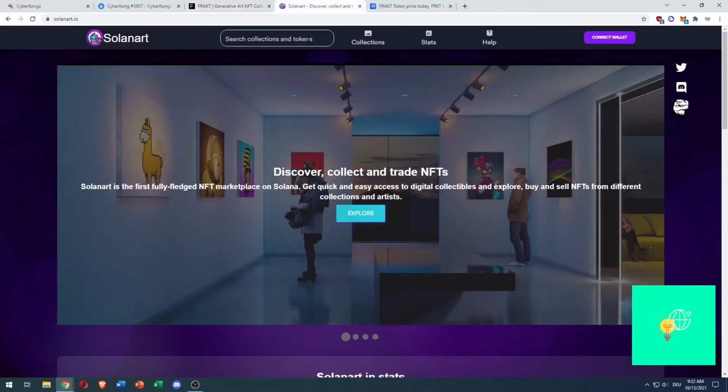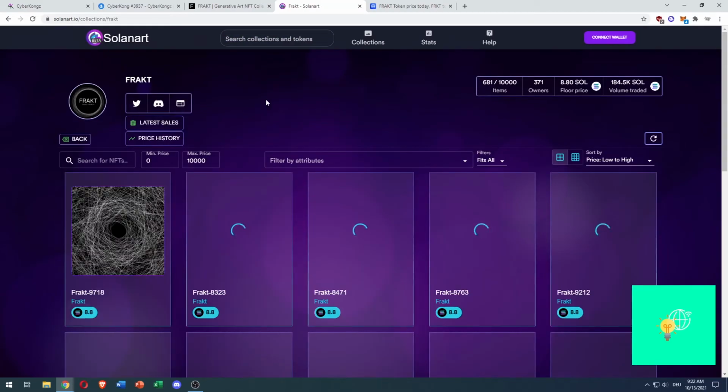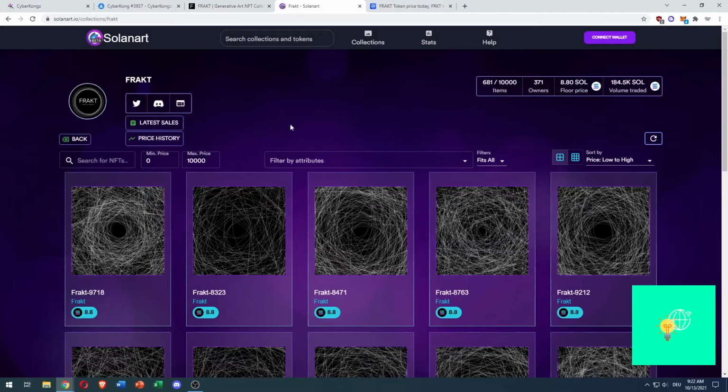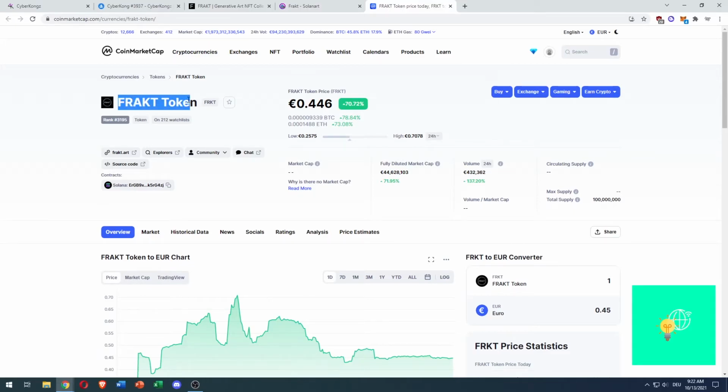The lowest one, which we can go over to Solana, these will cost you 8.8 Solana, which is the floor price, this one. And all these nets, they're called nets, as you can see, shape net. These are color white. These are the ones that are most abundant. So these give you the least points, but they still give you 10, which will result in around 315 Fract tokens per year. And the Fract token is even listed on CoinMarketCap, as you can see, Fract token, and it's